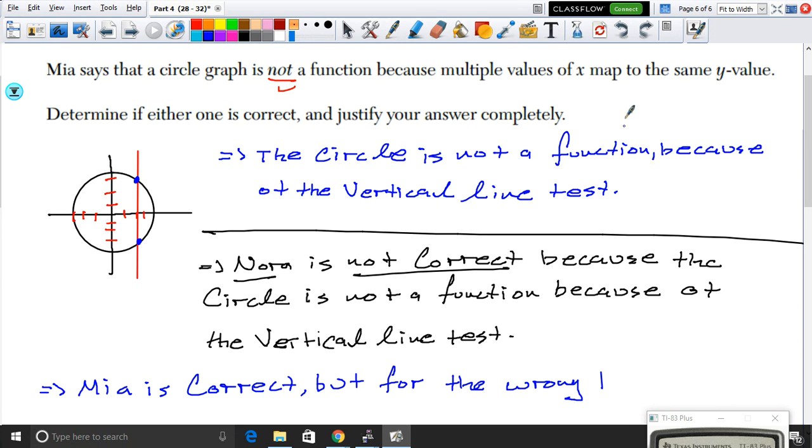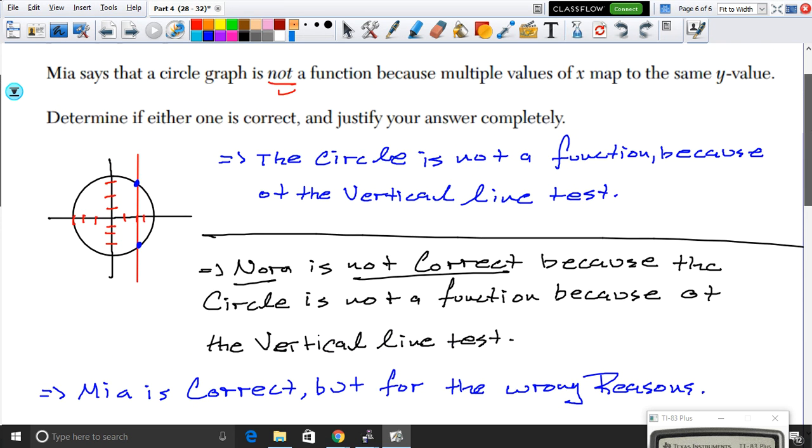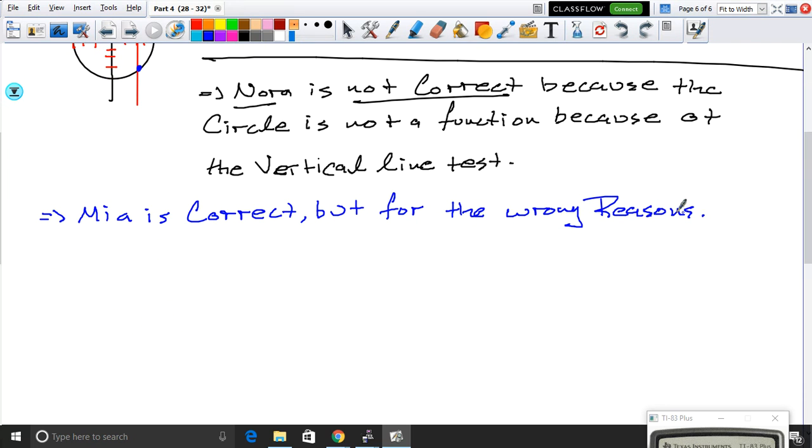What she would have had to say is that multiple y values are being given by the same x value. So Maya is correct, but for the wrong reason. What she should have said